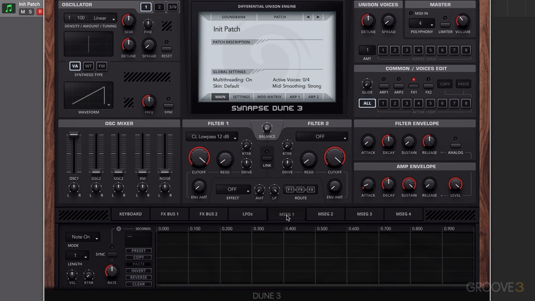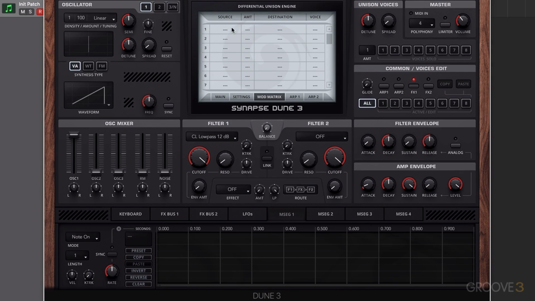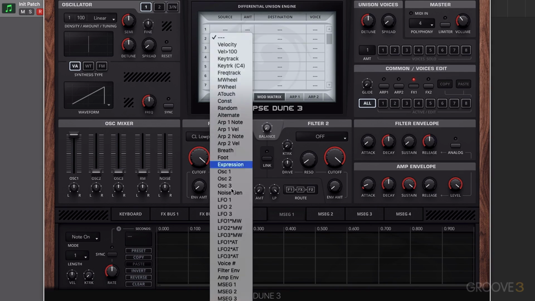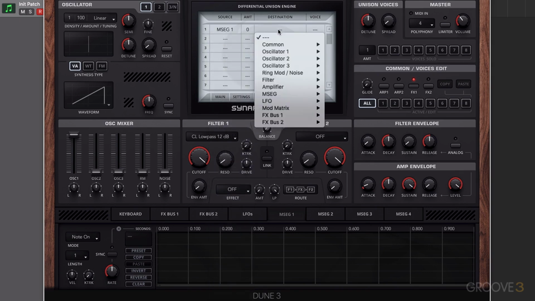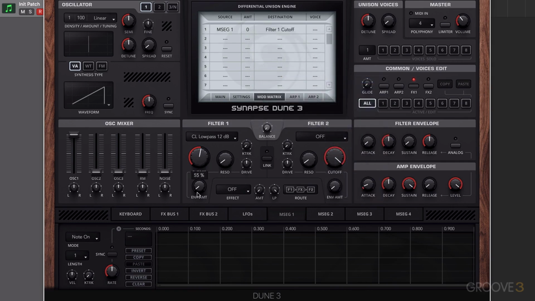The multi-stage envelope generators are freely assignable, so we assign these within the mod matrix. So we choose source, we have our 4 MSEGs here, and then we can choose from our various different destinations. Let's put it on the filter cutoff. It's an obvious one. Let's bring the cutoff down so we hear some change occurring when we bring in our